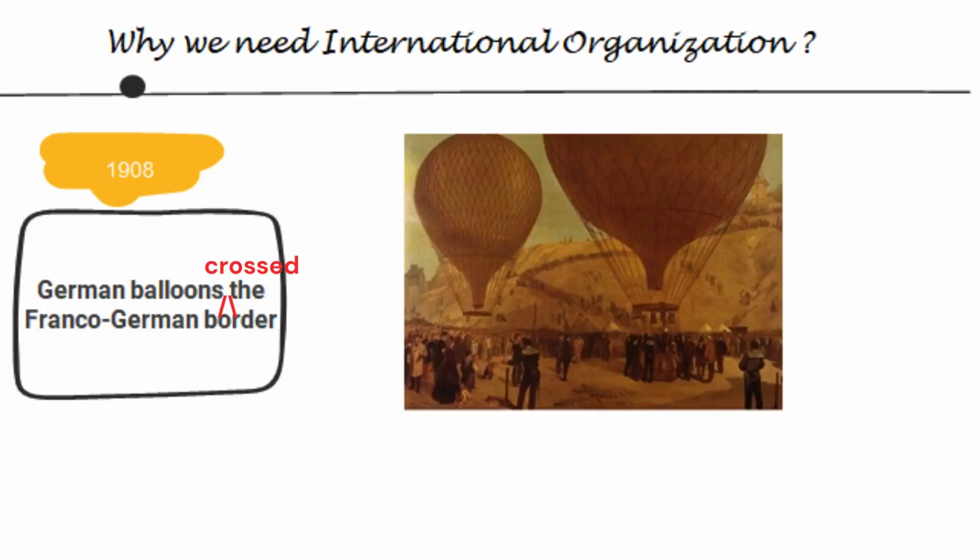In the early 20th century, aviation was in its infancy, and nations were grappling with the implications of this new mode of transportation. One significant incident that highlighted the need for international air law occurred in 1908, when at least 10 German balloons allegedly crossed the Franco-German border and landed on French soil. These balloons carried more than 26 aviators, the majority of whom were German officers. This event raised concerns about national security, sovereignty, and the potential for international conflict arising from unregulated airspace.